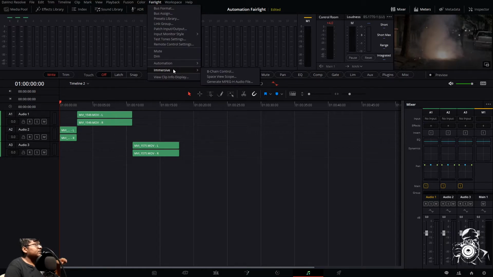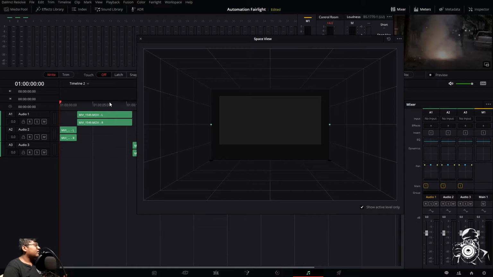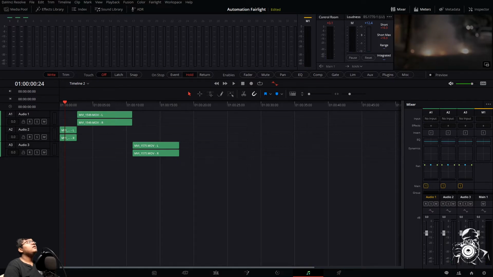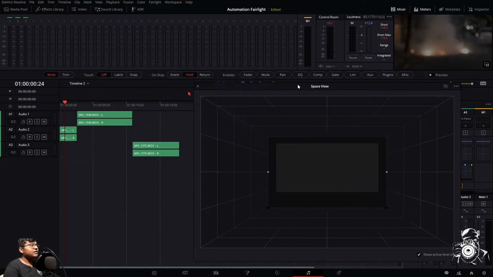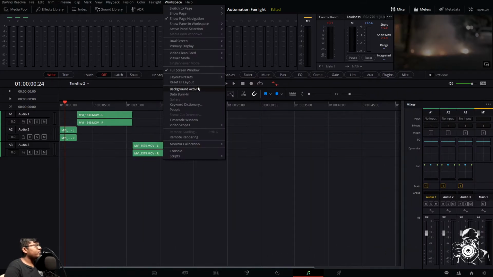Even you can see a space view scope here in the window. So if you have a second screen, you can just put it over there and you can see it. I'm just disabling for now.